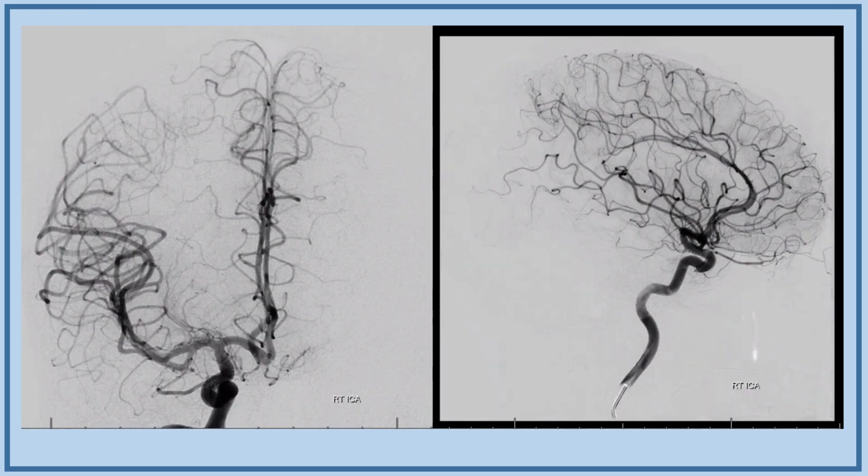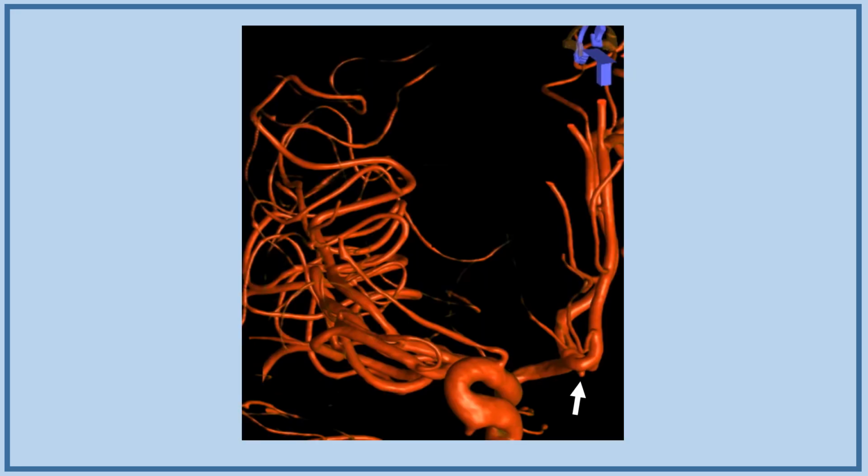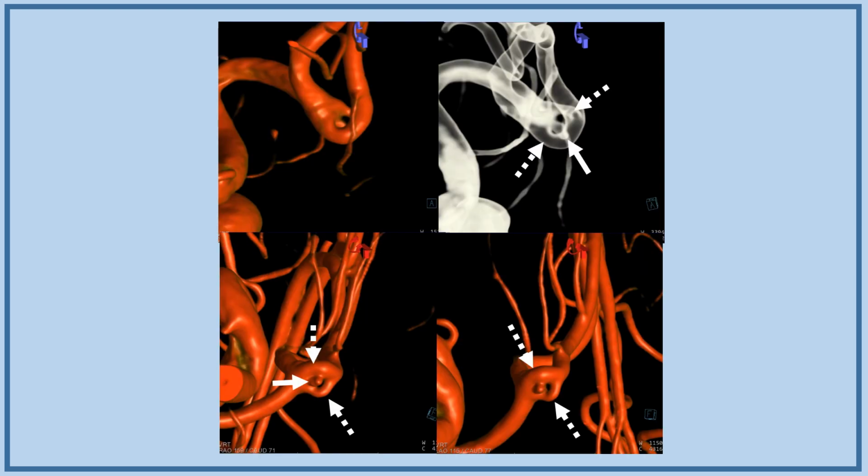The angiogram is right here, frontal and lateral views. Maybe a little bit something suspicious there, but not exactly sure. So we do our 3D views. So here's a rotational angiography, volume rendered image. Now you start to see something resembling an aneurysm. We do a little bit more views, a few reconstructions, and now you see something that's a little bit more